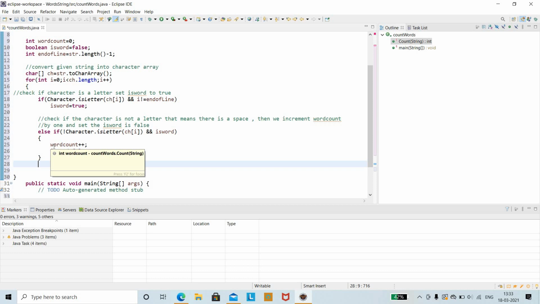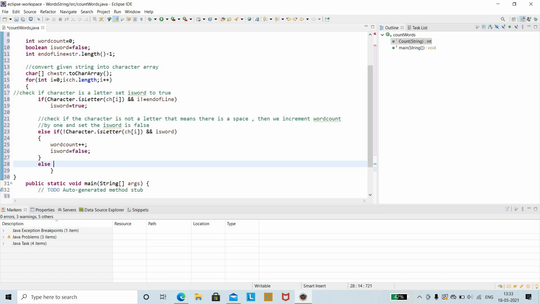What you need to do is, if the character dot isLetter of ch of i, and if it is equal to end of line. We have checked for isLetter, but you need to traverse it till the end of the line.